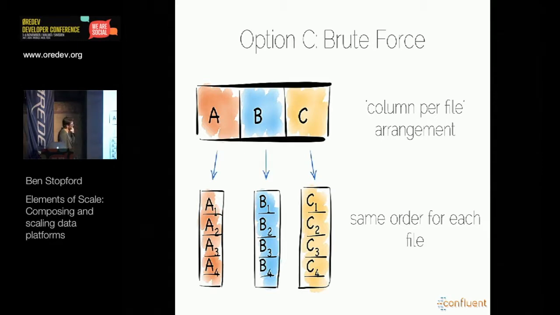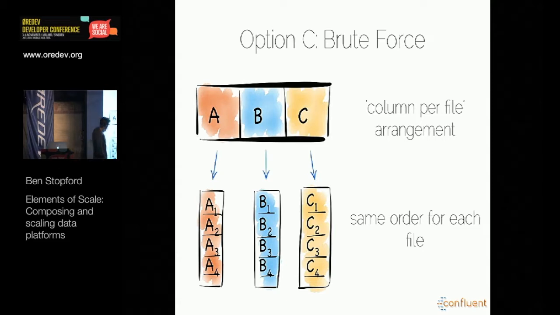The column approach is quite interesting. Traditionally, a database will hold data row by row in a file. That's how they work, that kind of heap file. In a columnar database, you'll actually split the row into a whole set of files, one file per column, as the name suggests.